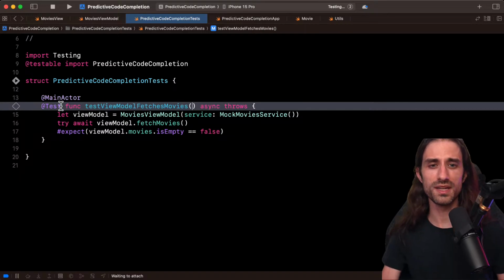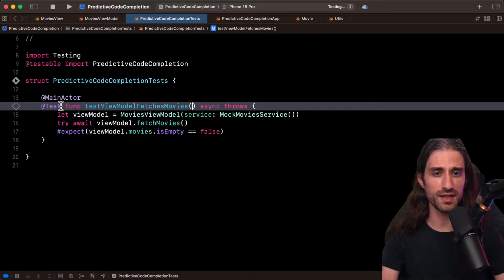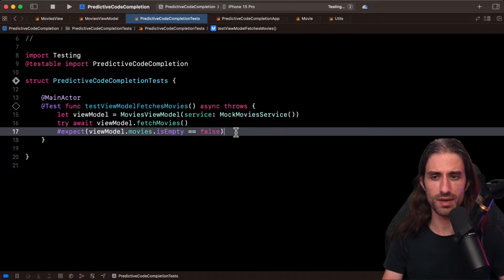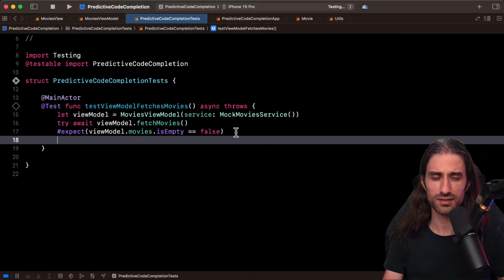And I was hoping that predictive code completion could help generate this, and ultimately it will be able to, but it seems that it's not yet familiar enough with the whole Swift testing framework. So the simulator has rebooted, so we'll see what's going to happen. In the meantime, I'm going to try and maybe see if it can suggest something else, maybe a second assertion.